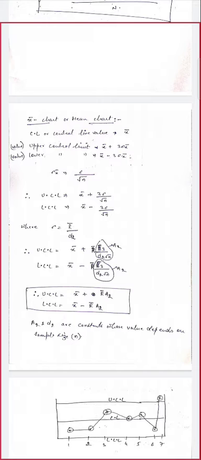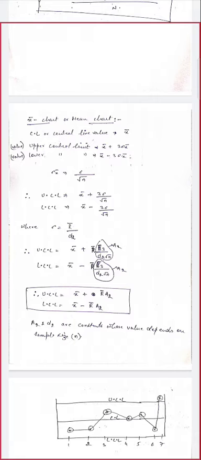After that we can calculate the lower control limit value, that is equal to X bar minus 3 sigma X bar. Okay, after that our sigma X bar is equal to sigma divided by under root of small n, and our small n is the sample size of each sample number. Okay, so we can put here the value of sigma X bar.